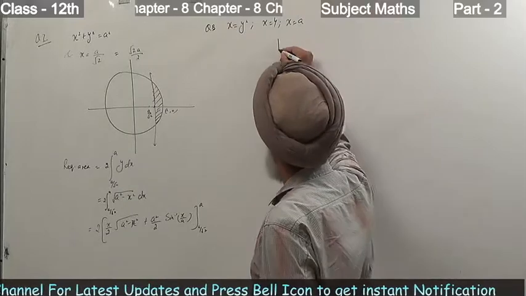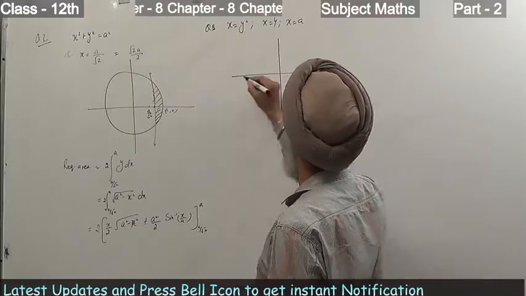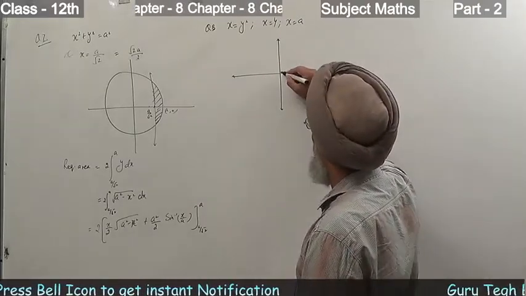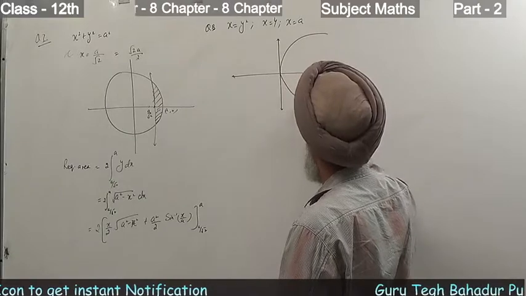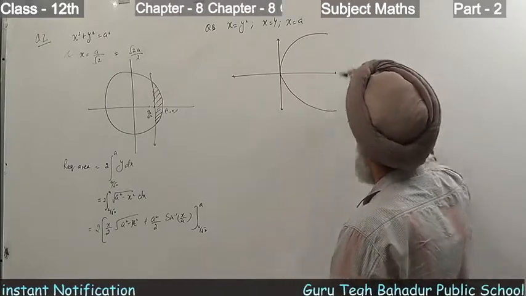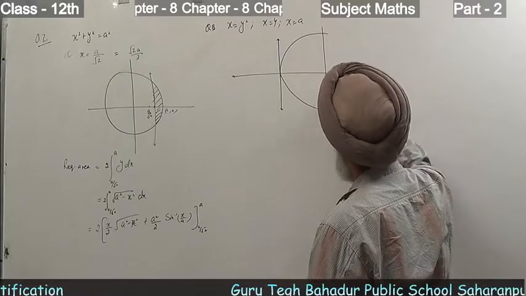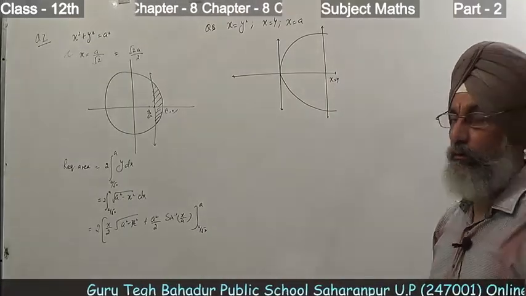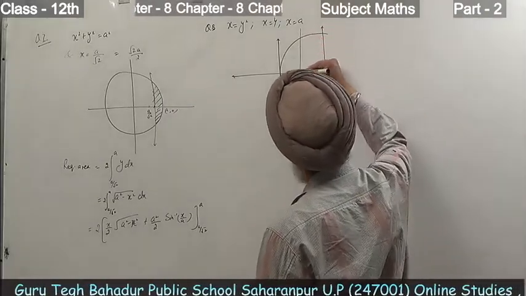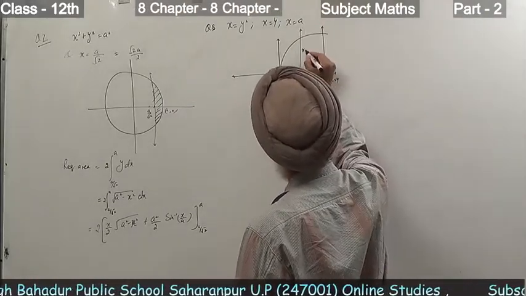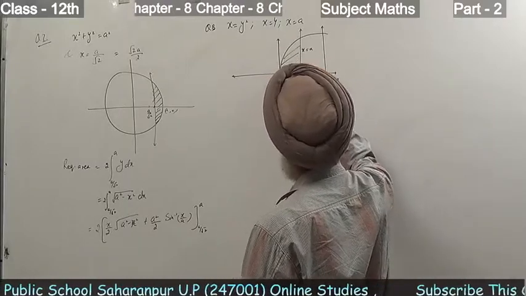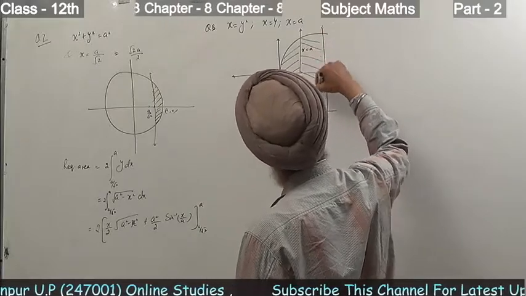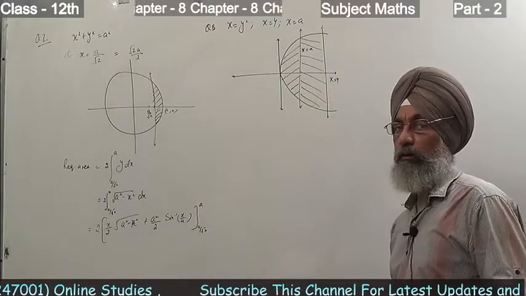Now what do we have to do here? Y square is equal to 4x is a parabola of this type, having the focus on the positive side of the x-axis. Let the line x is equal to 4, ये line होगी हमारे पास, and there is another line x is equal to a which is cutting this into 2 equal parts. ये एक line मान लेते हैं हम, x is equal to a. So these are the 2 equal parts, and their areas are equal. We have to find the value of a here.